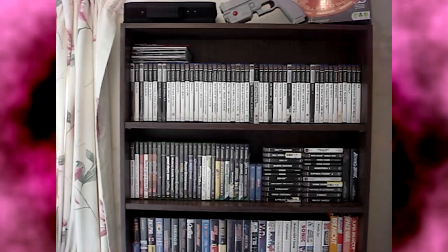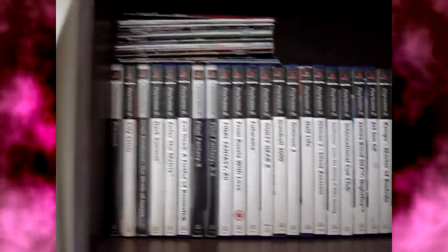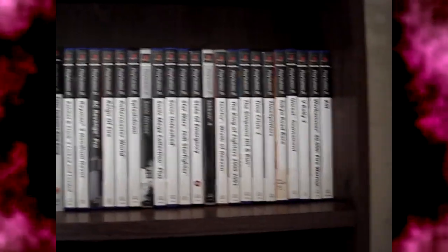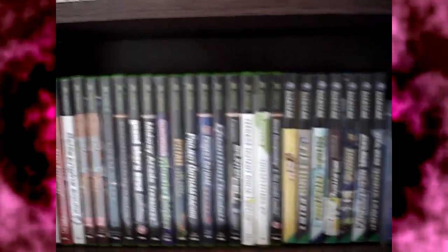Here is my game bookcase, which is new. There's going to be a second one of these put in soon. Let's have a quick look around it. We've got PlayStation games all the way along there. Top shelf. Next shelf, start from left to right. Another PlayStation game, Xbox games,